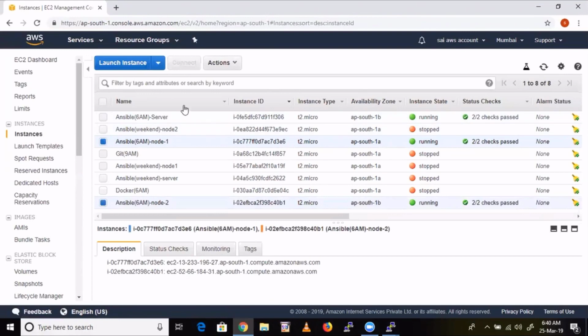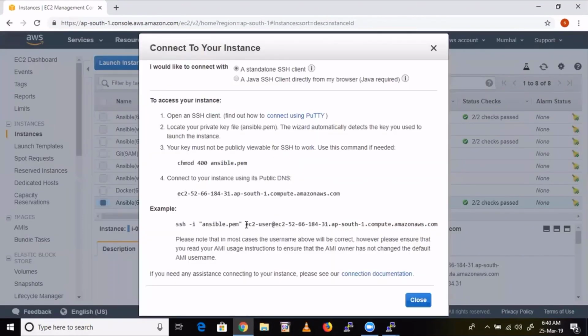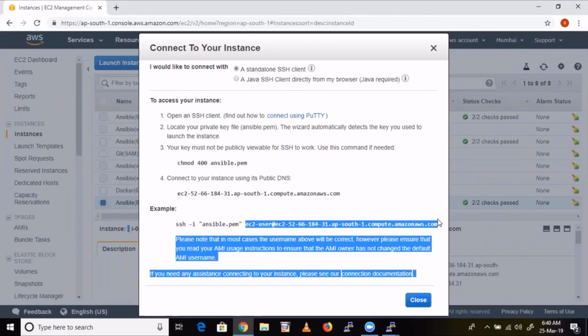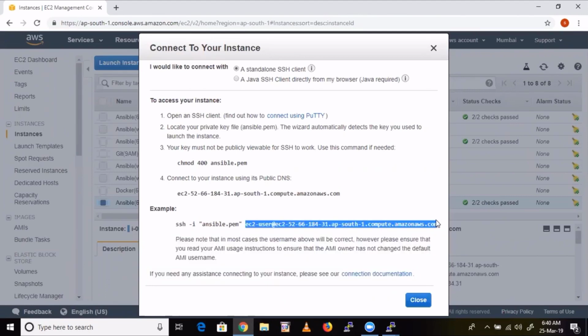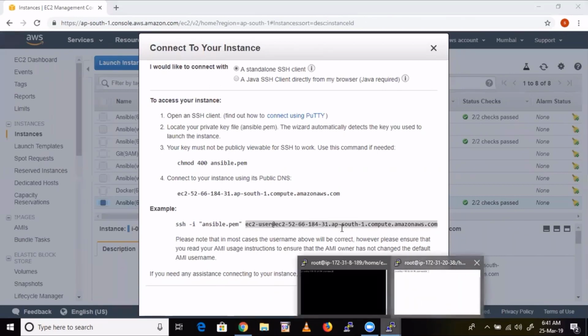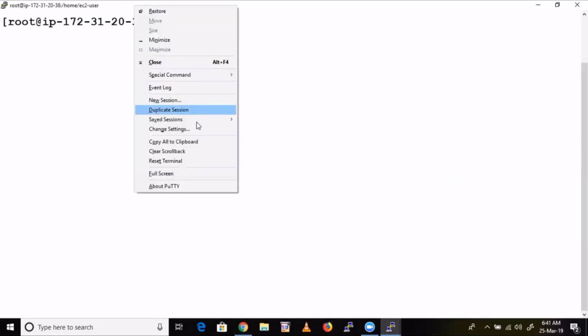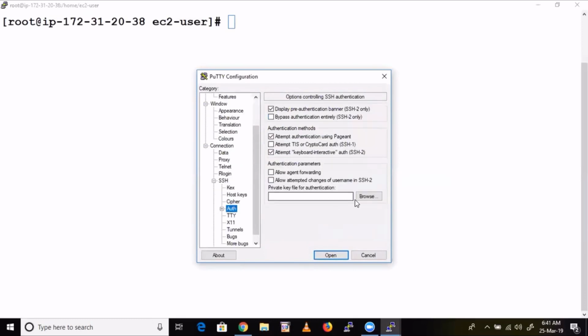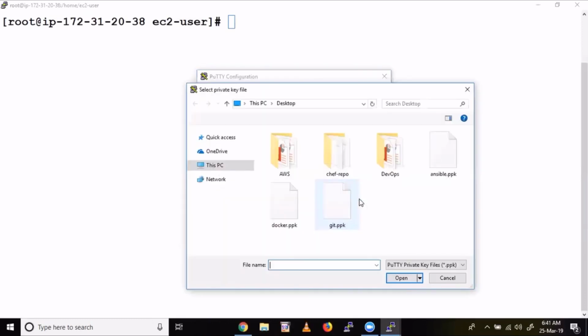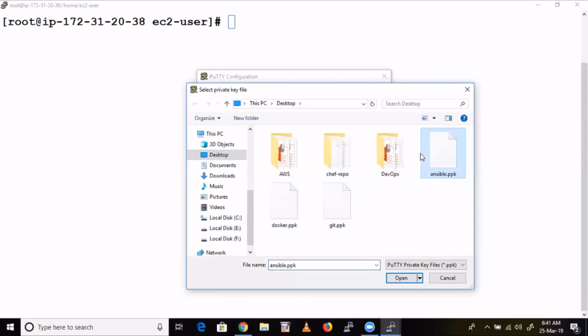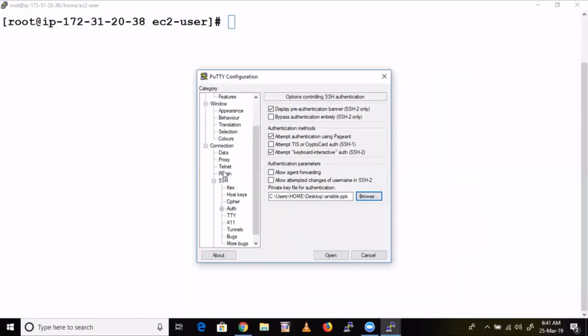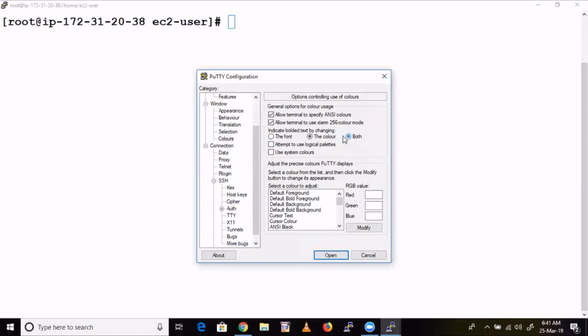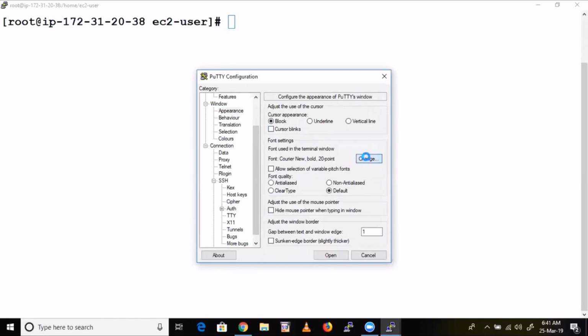So let's go inside node 2. Now for this also I'll change the color, and the appearance will also change.